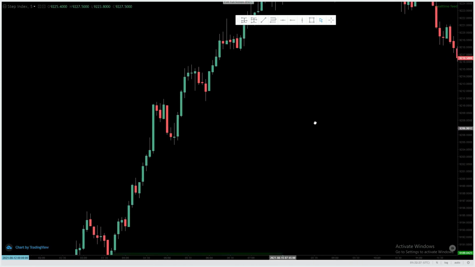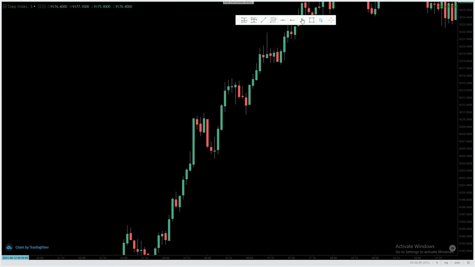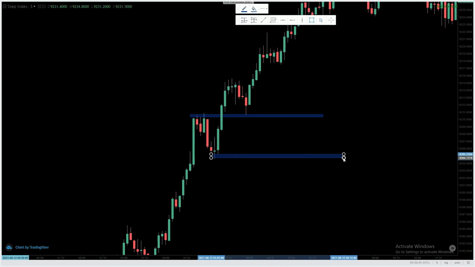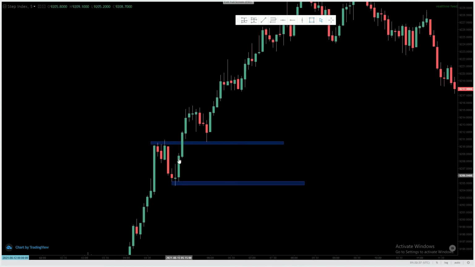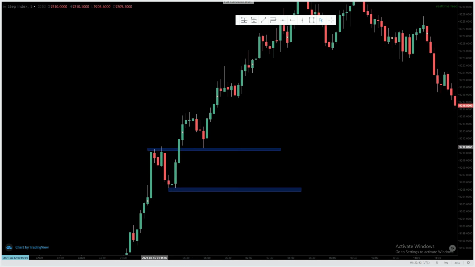So what do we see? We see the market giving us this high here and this low here. So now we are expecting the market to break that, and it happened that it broke this high, it broke this high. So if we identify this order block here,